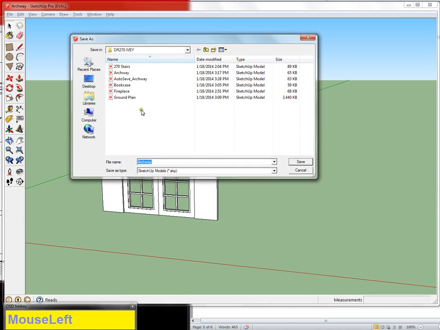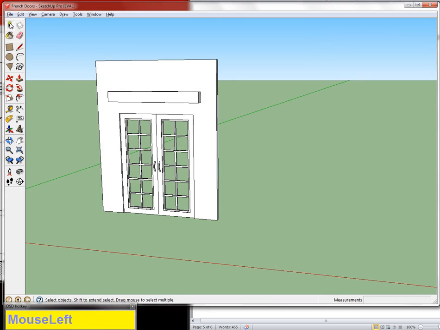File, save as, French doors, save, and we're done for